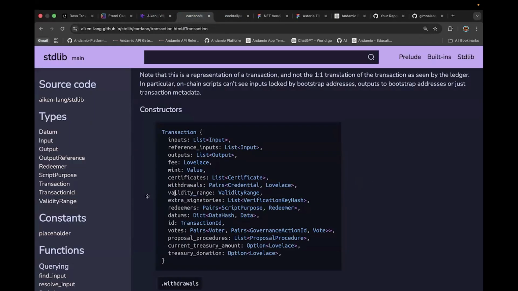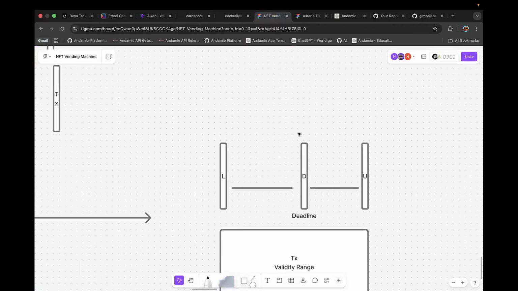Do you guys agree with that? So that means we are the ones putting the validity range in here, setting the boundary. Yes, yes. I think so. Now the deadline